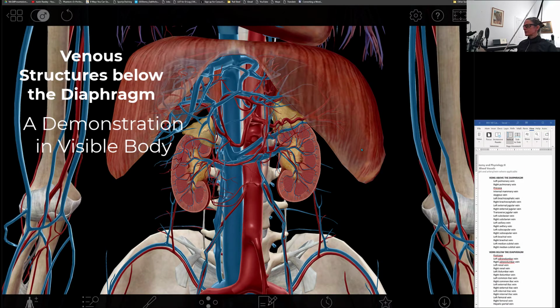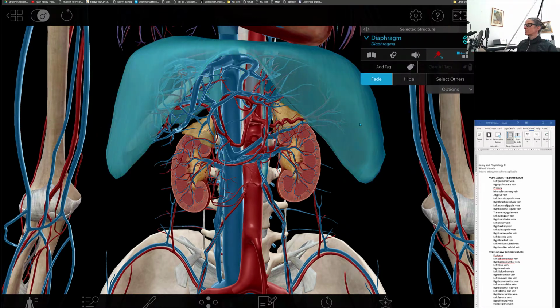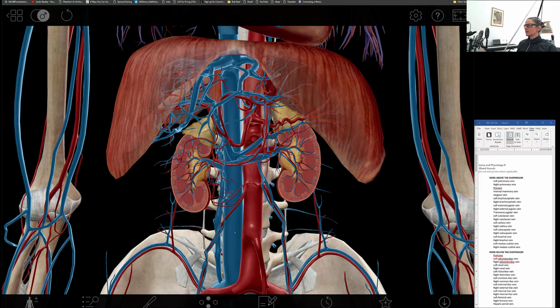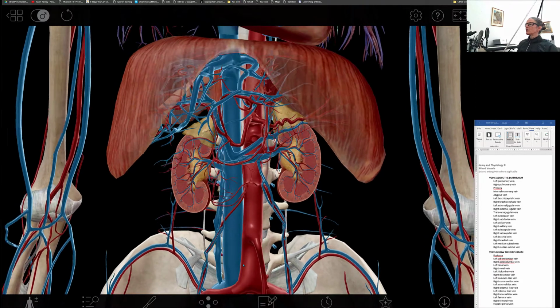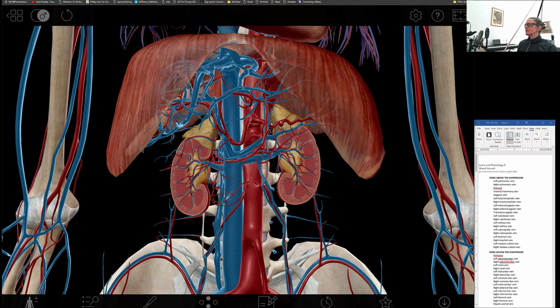Now let's look at the venous structures below the diaphragm. And as we've seen before, the diaphragm is one of our familiar landmarks that's going to separate the thoracic from the abdominopelvic cavities. So when we look at the venous structure below, the first thing we're going to think of